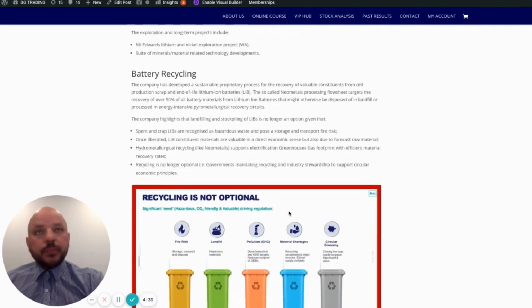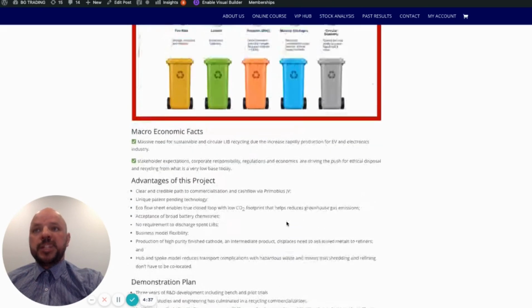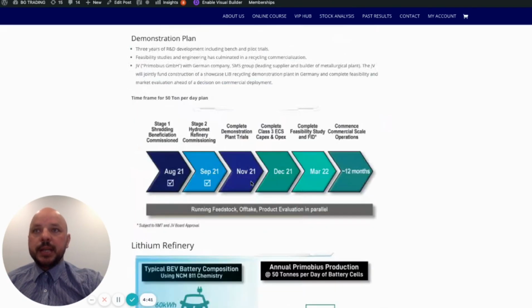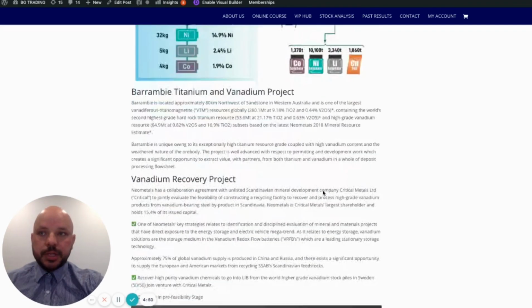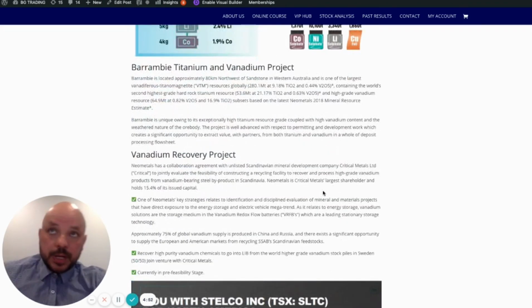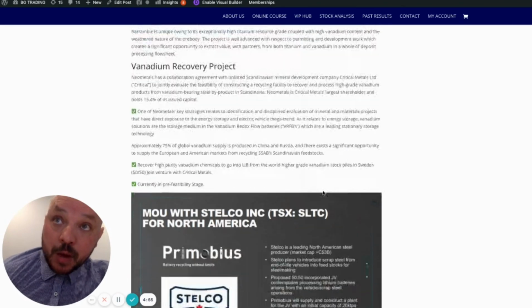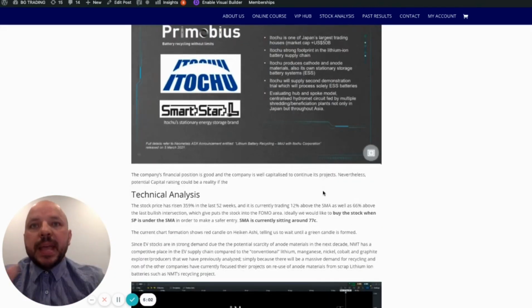This analysis talks about each of the projects, and for me the most important is the battery recycling. Combined with this project, they also have a lithium refinery, which comes out of this project as well, and then a separate vanadium project, a recovery project as well out of batteries. All these make this company very